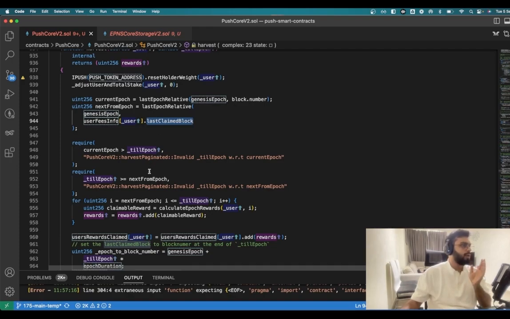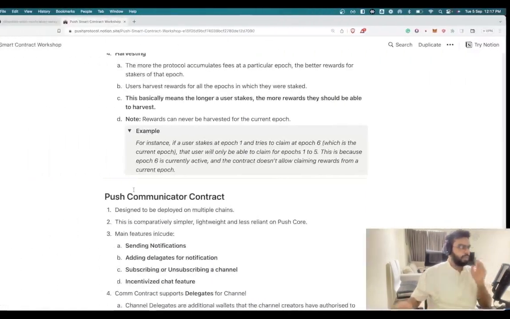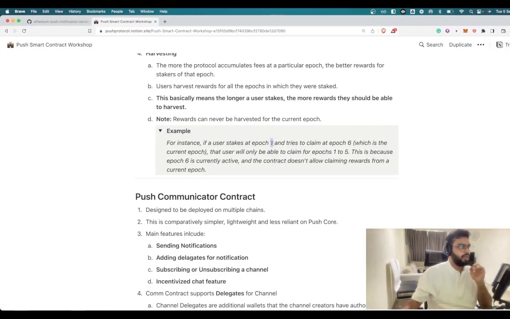I can start from the next from epoch, which is 3, till the till epoch, let's say, which is 5, right? So considering the same example, if I'm a user who staked at epoch 1 and now it's epoch 6, but I already claimed at epoch 2 once, now I can just claim for epoch 3, epoch 4, and epoch 5. I cannot claim the current epoch. I cannot claim the epoch that I already claimed for, right? So these two are the main checks